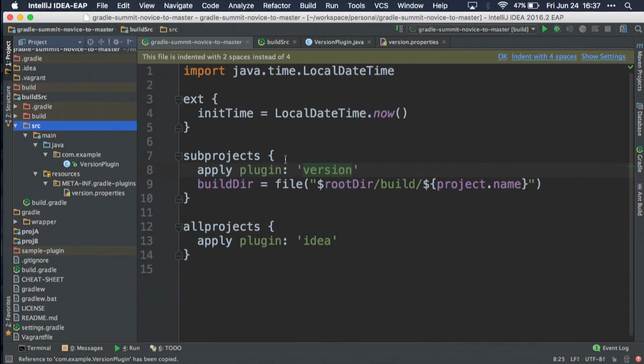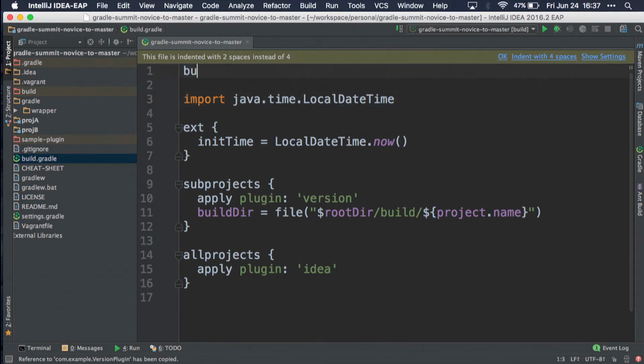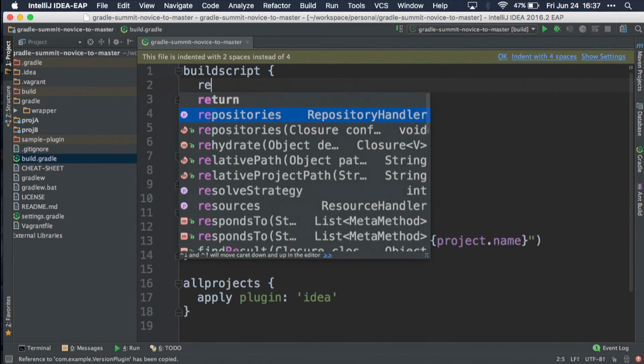And so I'm just going to go back to this guy and delete all the source code. So now it's gone. And then you use what's called the build script. So you're going to tell Gradle, I need to actually load some stuff up before my script can run so that you actually know where everything is. I'm just going to do it up here. IntelliJ is kind enough to help me autocomplete so I don't have to make so many typos.